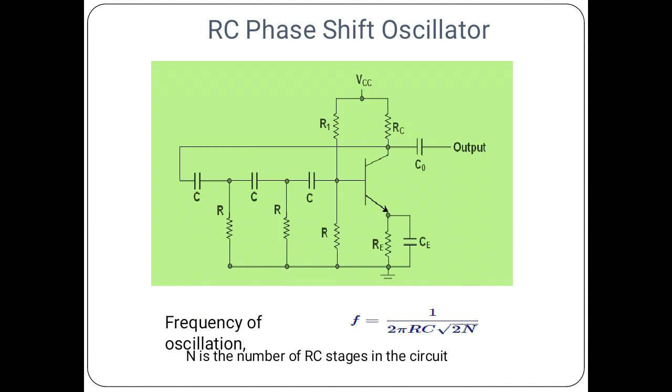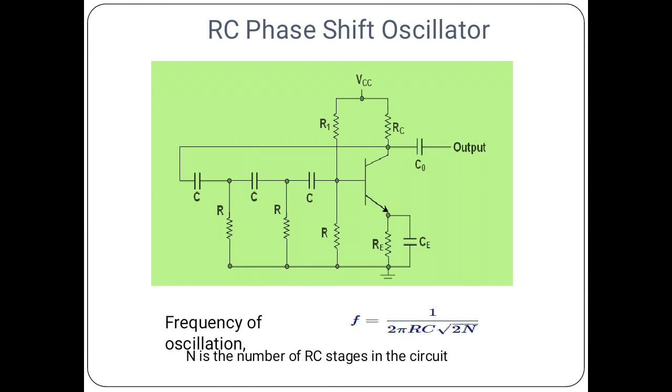Thus, the common emitter produces 180 degree, the feedback network produces another 180 degree, so the total phase shift is 360 degree. Thus, the Barkhausen criterion is satisfied. Now, the external source is removed, and the amplifier does not know whether the input is coming from either external or from the feedback network, and this process continues to produce the oscillations.